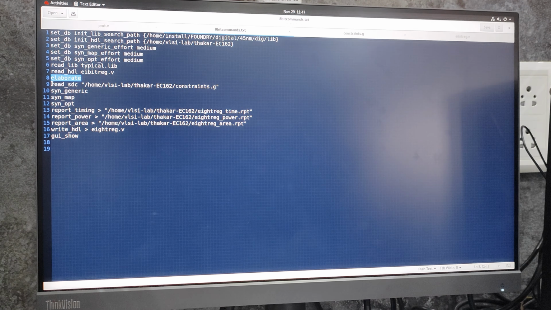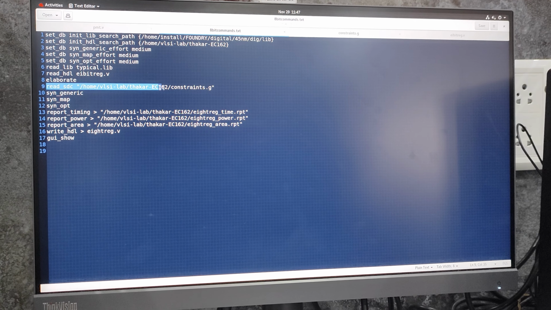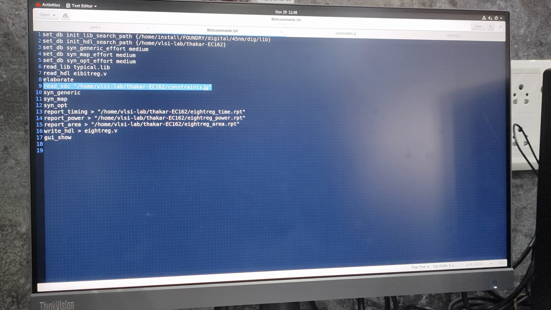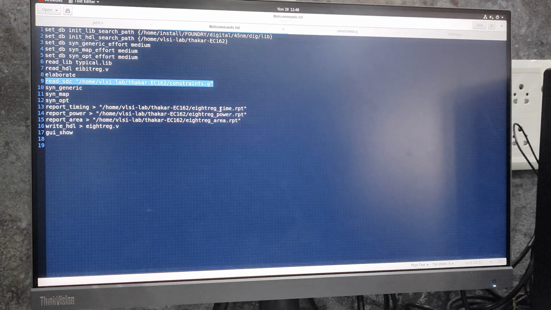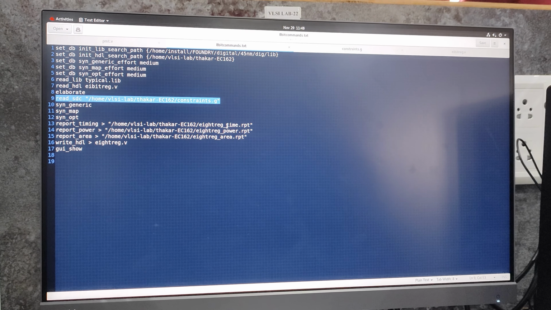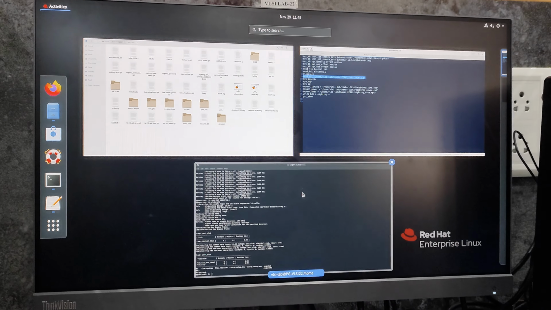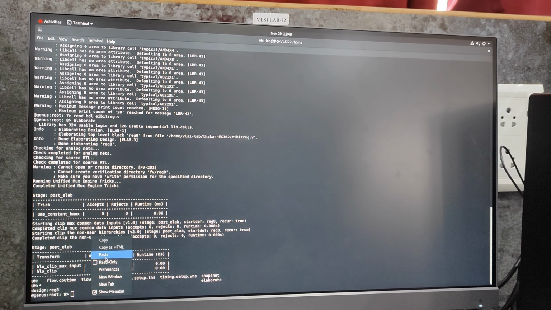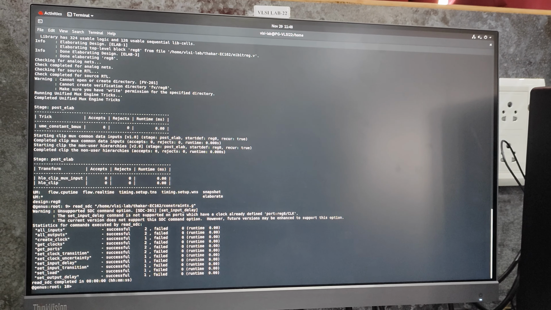Then read_this. In this line you have to give the path along with the file which has the constraints of the clock with the extension .g. Okay, I'll paste this line over here. After this is done,